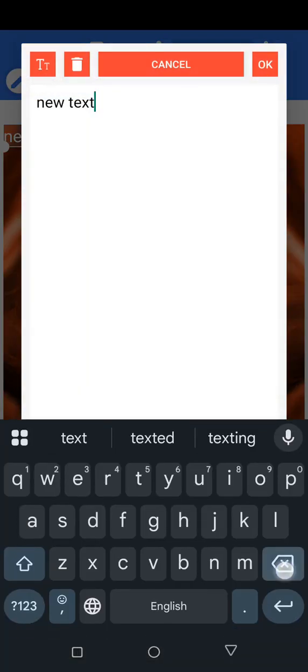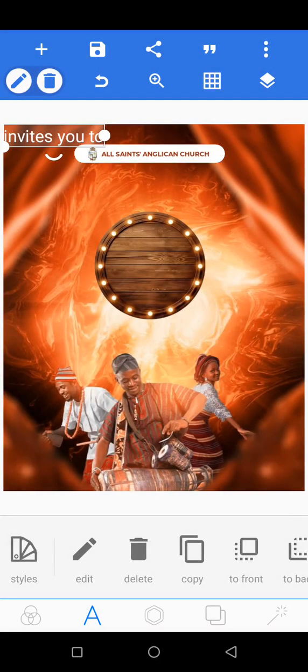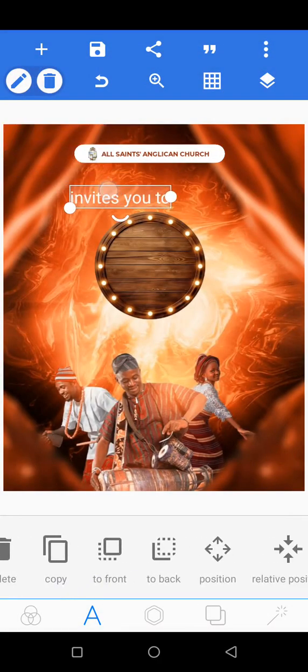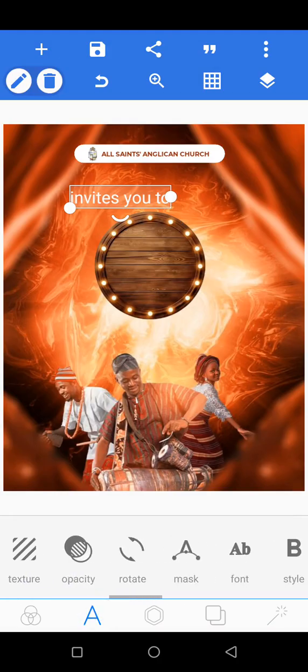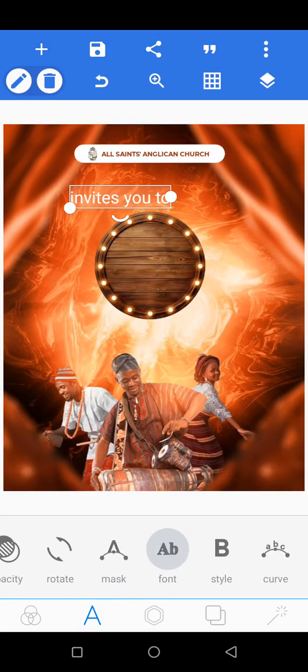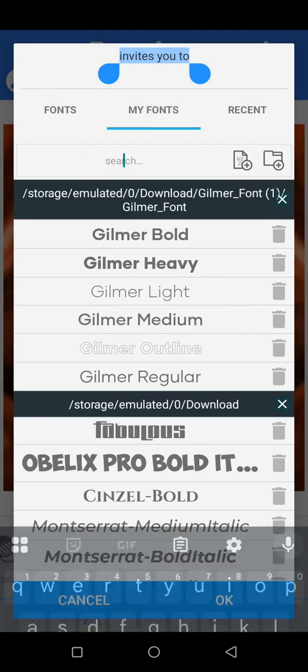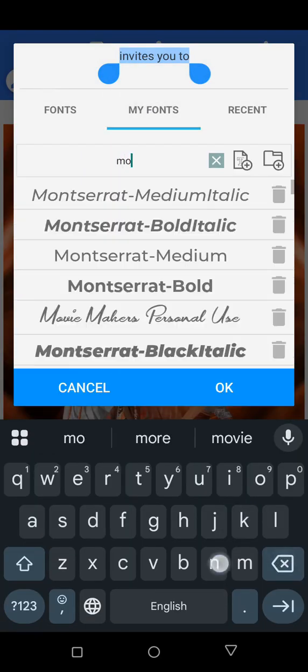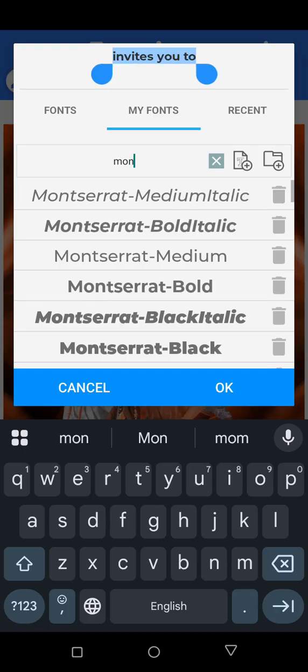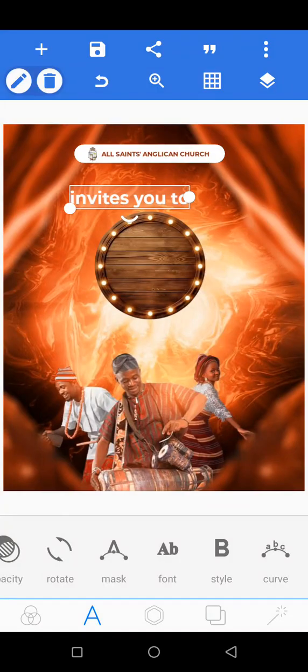Click on edit, then type invite you to, click on OK, then change this to Montserrat bold. Go to font, click on my fonts, click here, click on Montserrat bold, click on OK, reduce the size like this,